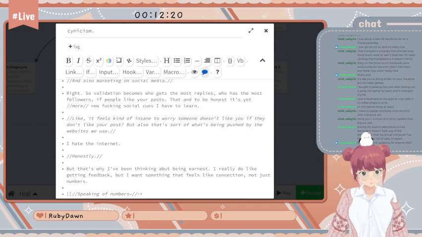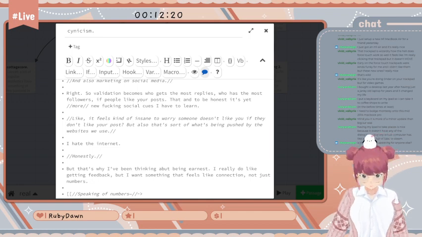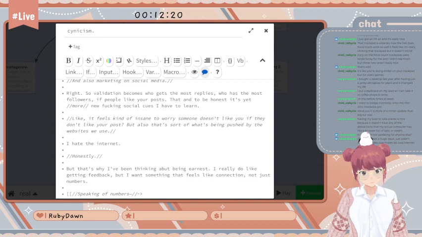I need to figure out how to set up the timer as a browser source rather than a window, because if a window isn't active for long enough, it just stops updating on OBS, probably to save frame rate or something, but it's ruining my life. I feel like there ought to be a way to have a browser source that does that and then start it with a chat command or something. I'll have to look into that.